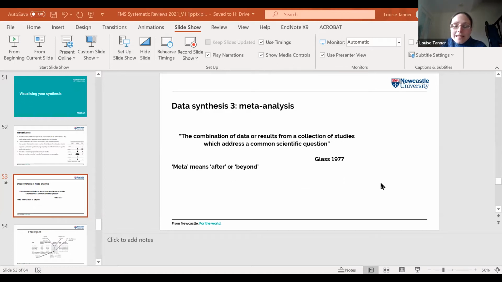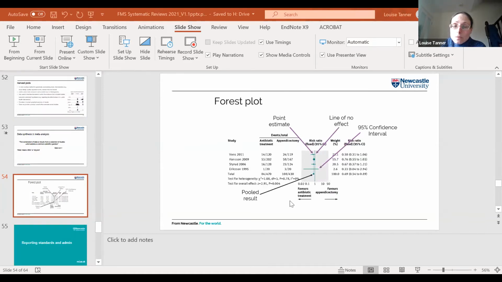Meta-analysis I'm not going to describe in any detail here, but I should mention that we generally provide a follow-up to this introductory session in March, which is a full-day course with a meta-analysis module, where my colleagues Steve and Ryan will go into a bit more detail about meta-analysis. But in a meta-analysis, you're basically pooling the results from the different studies to provide an overall mean weighted effect estimate, and the forest plot would be the output of that analysis.